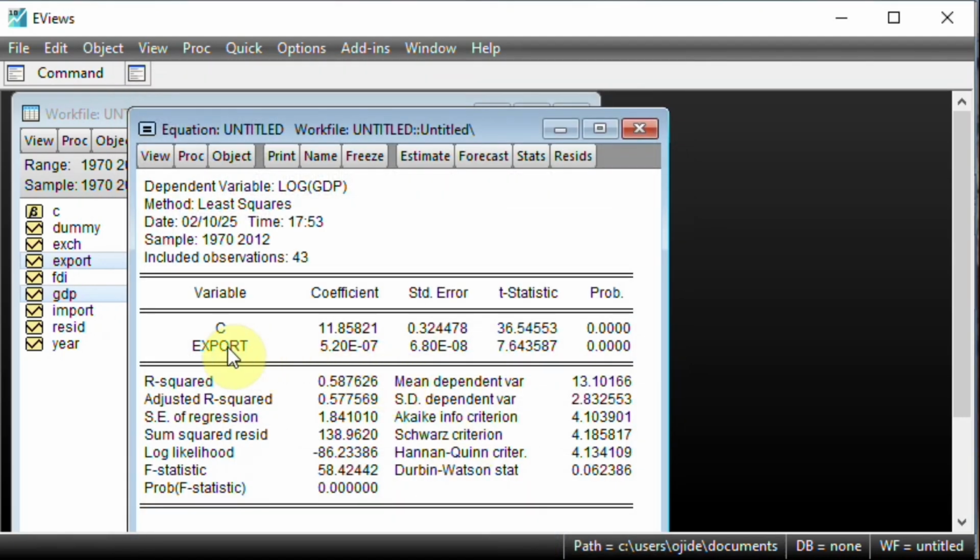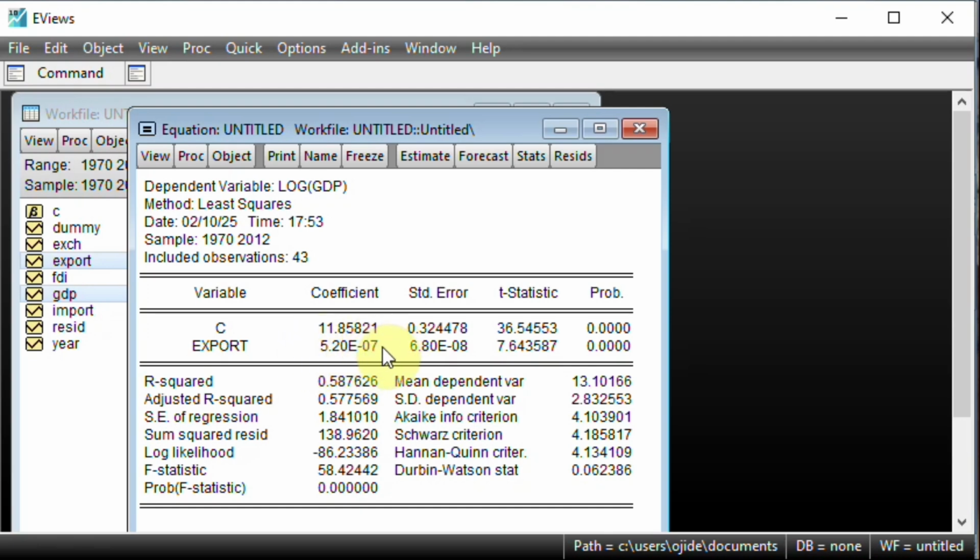Now we see export is not logged. GDP is logged. So this is semi-logged model. All right. So this is also fine, but when you interpret, you become careful to read that a unit increase in this will increase this by certain percentage. And that is why those of you who know how to do standard number, you discover that this is 0.00